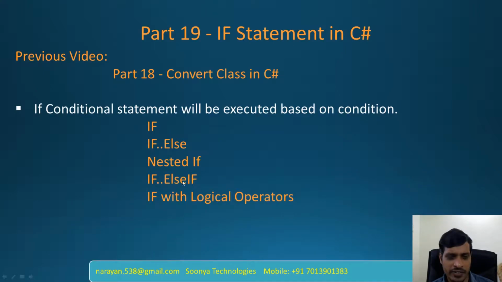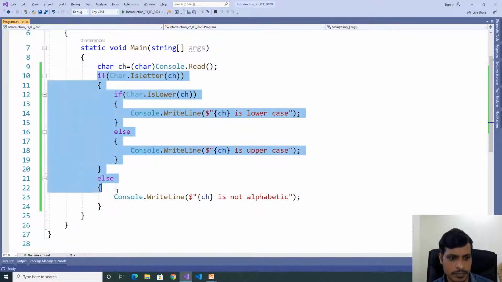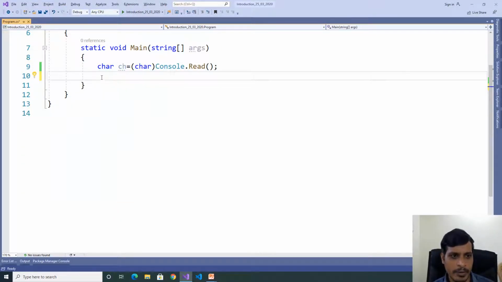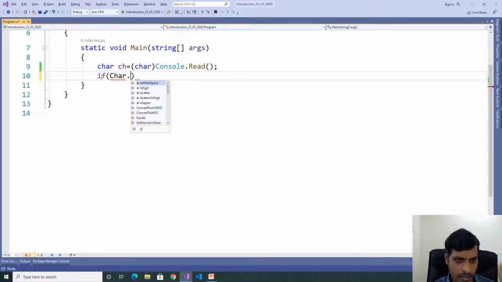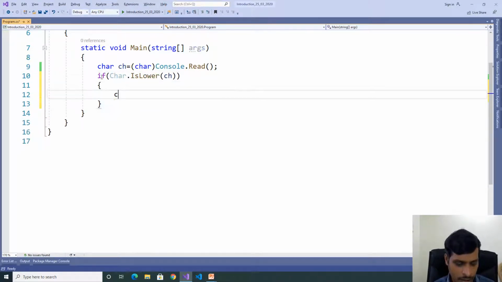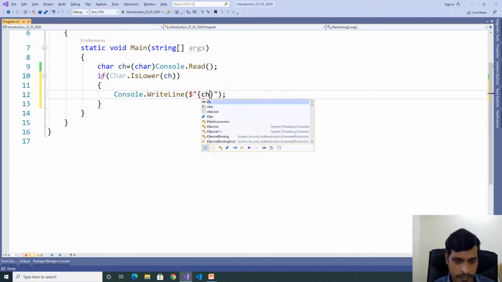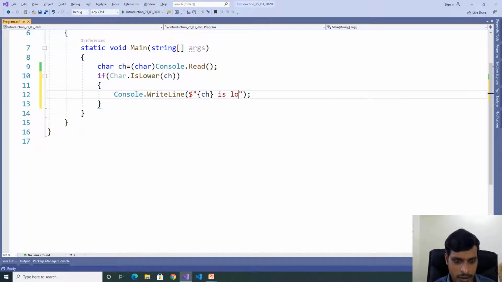Now we'll discuss if else if. Remove this code. Here read input from the command prompt. If char.IsLower(ch), Console.WriteLine($"{ch} is lowercase"),